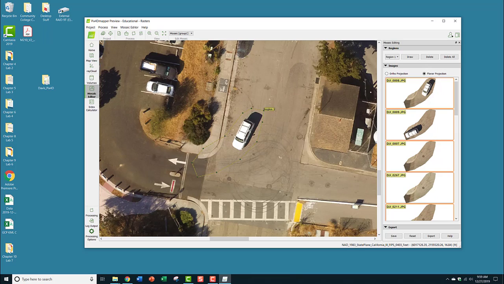And when you're done, just right-click your mouse to close the polygon. And when you complete your region, the ghosted cars look much better. What happens here is that the software creates a patch of image content from one of the original images before